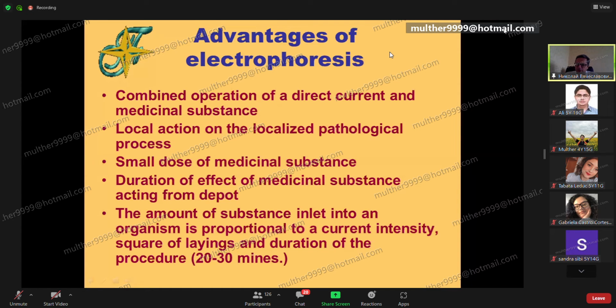Durable effect of medicinal substance, because it's releasing from the depot in the subcutaneous layer. As I said before, amount of substance introduced into an organism is proportional to current intensity, square, length, and duration